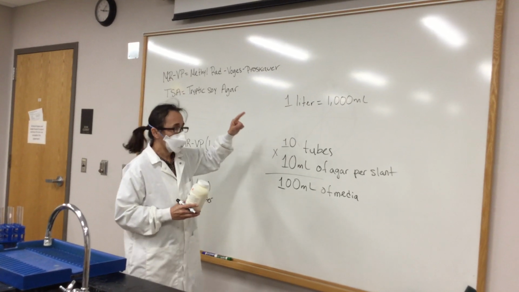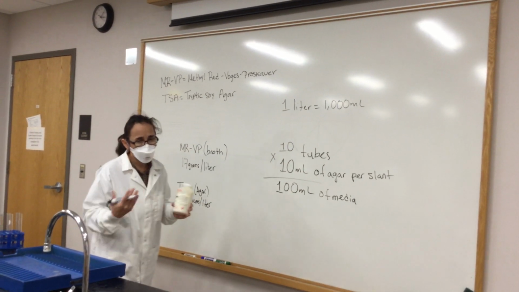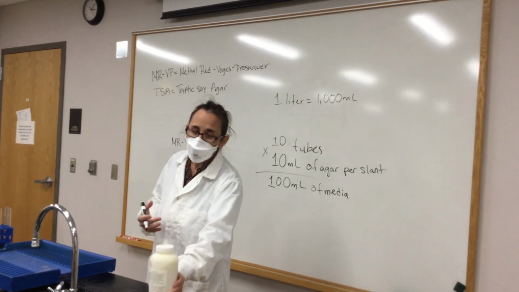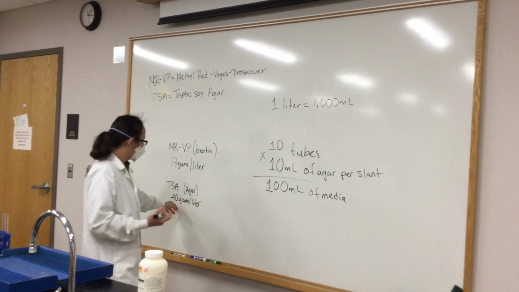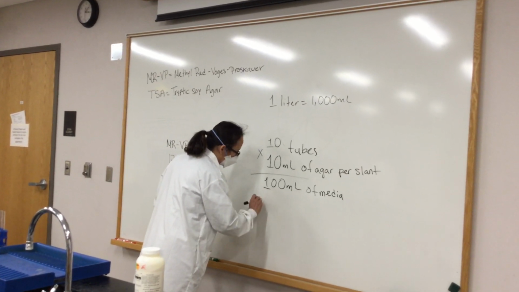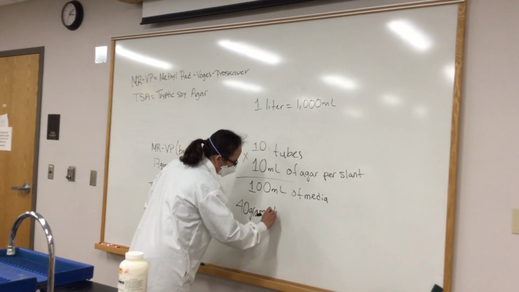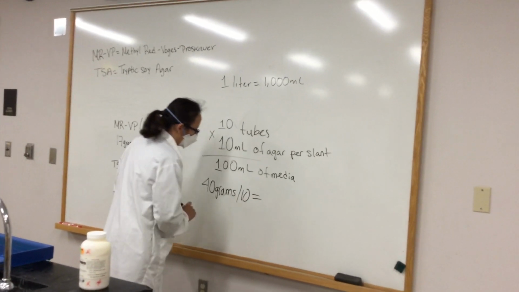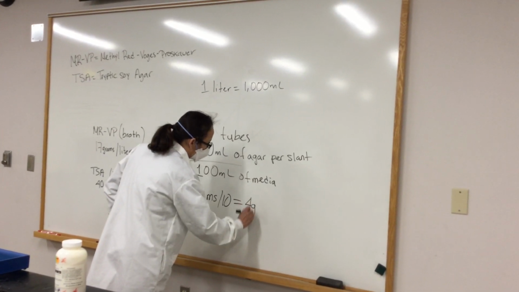Since we are going to prepare 1/10 of a liter, not 1 liter, all you need to do is divide really quickly 40 grams by 10. So it's very simple math. It's going to give you 4 grams